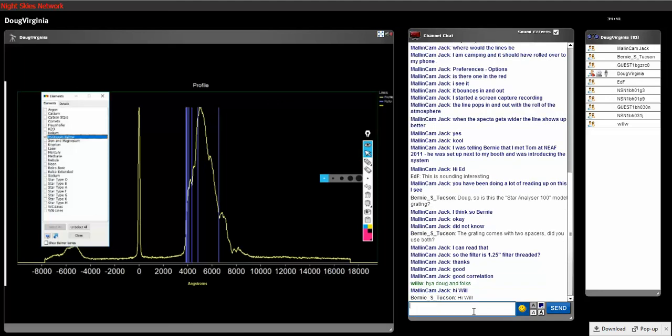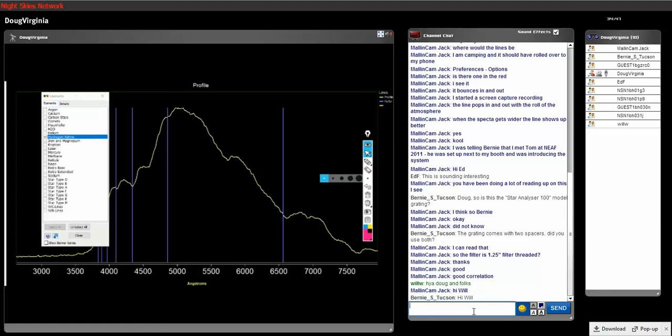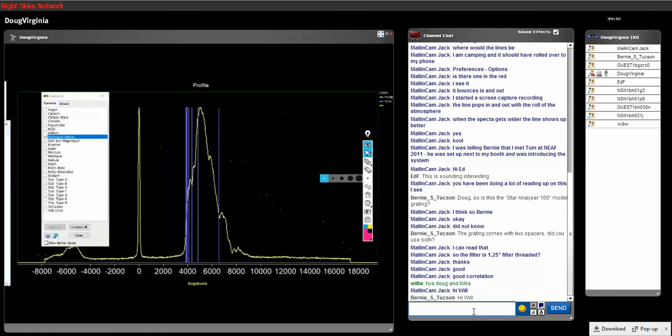And I want to magnify it. Got to be able to see it. I can come back to calibrate, and I can type in